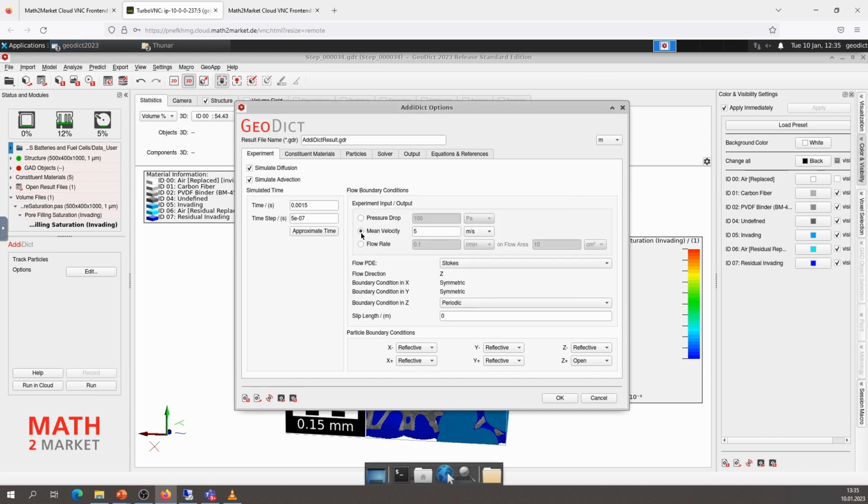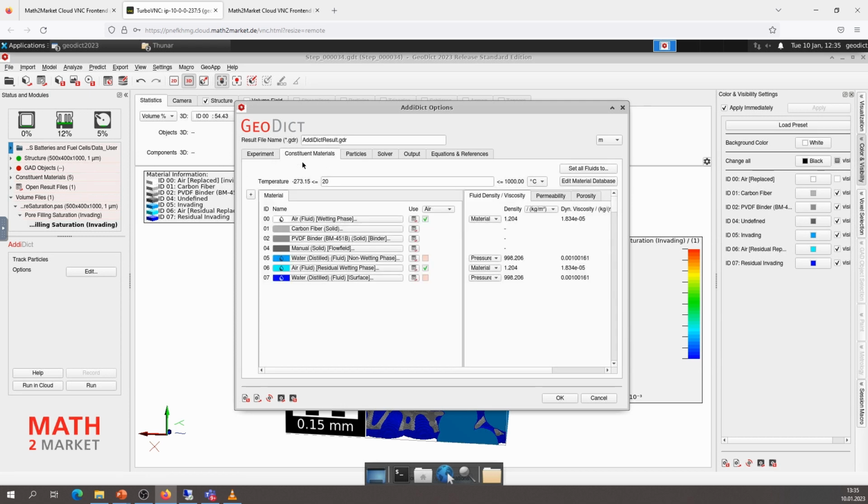And as I did it before on my computer, I was using different materials, because you can have here water as the invading fluid. You can also have it on manual. For the simulation, it does not make a difference because there are no material parameters that are relevant, but the constant angle and that's what you put inside. So it does not make a difference in this case.